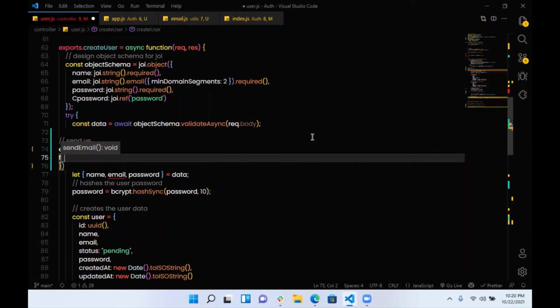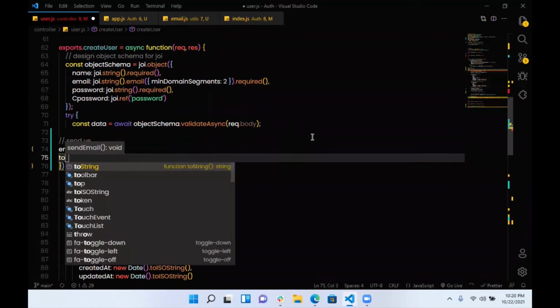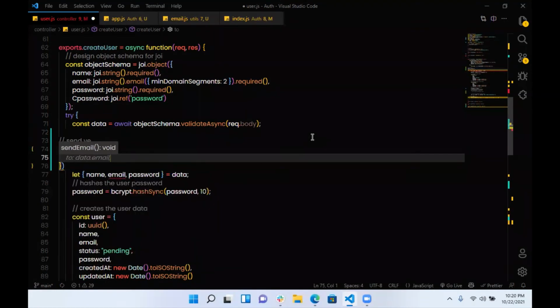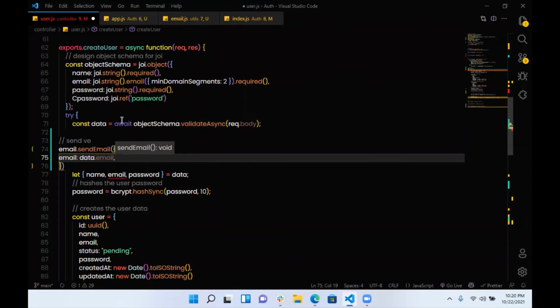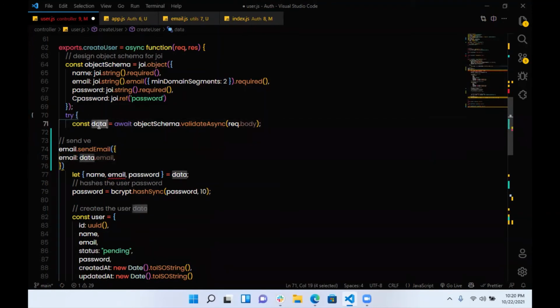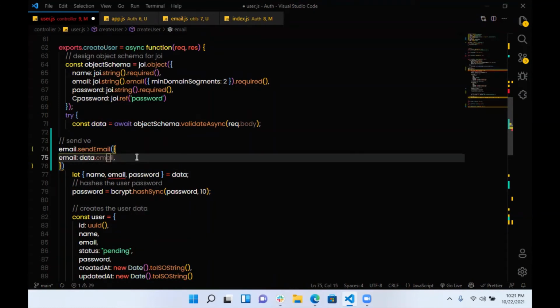Then I think it takes in email, which is going to be data.email. Don't forget the data is coming from Joi here. After validating the user request body, it returns it out. So we save that response inside of data, so we can actually have email in it. So data.email, and then